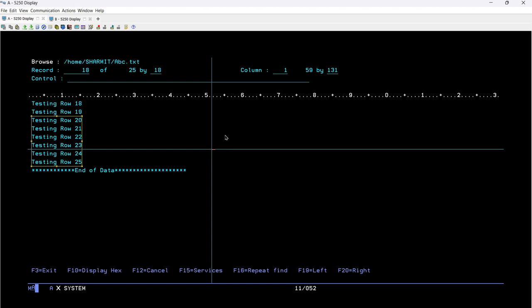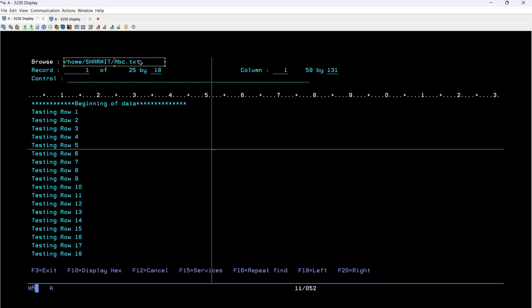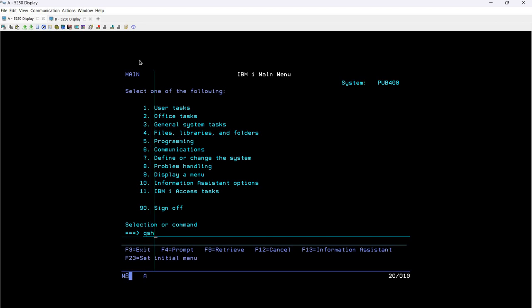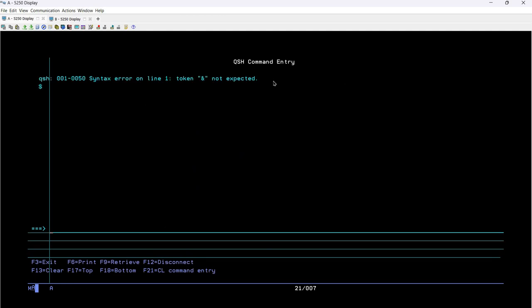I think now we are good with the requirement, so I'm going to copy this path, because we are going to use it for the demo purpose. Okay, so I'm copying it. Now we are good to start the practical part. For that I'll simply write qsh here. After writing qsh, you can simply hit enter and it will open the Qshell command entry screen. Now on this screen, let me show you the head command first. head, space, and let's say I want to fetch the top 5 records, so I can simply put the n value. You can find the syntax like this: n, so instead of n you can write 5, and then